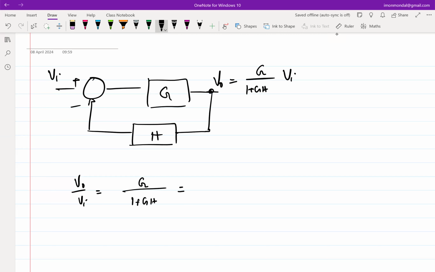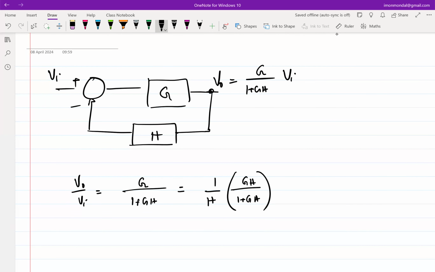This is often referred to, in this form, as 1 over H times GH by 1 plus GH. The reason this form is often preferred over the former one for loops which fall in this single loop unidirectional topology is because ultimately